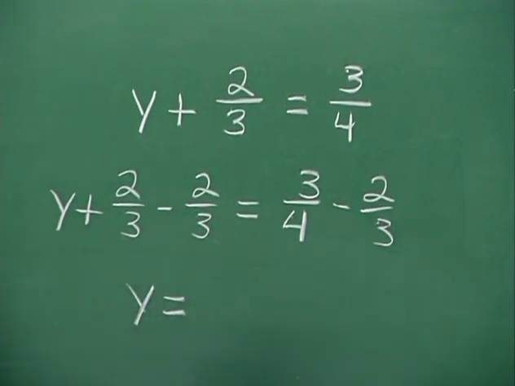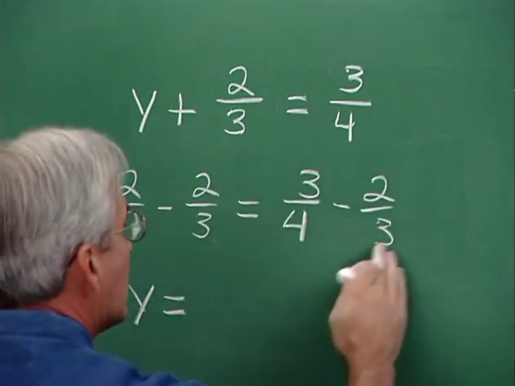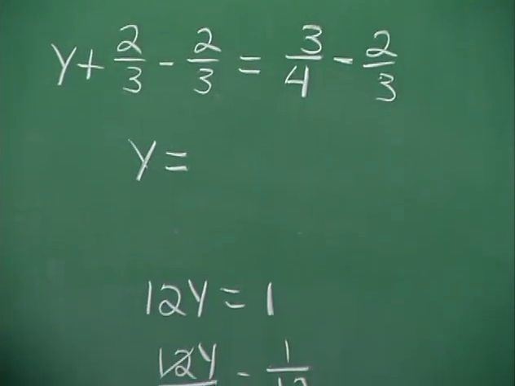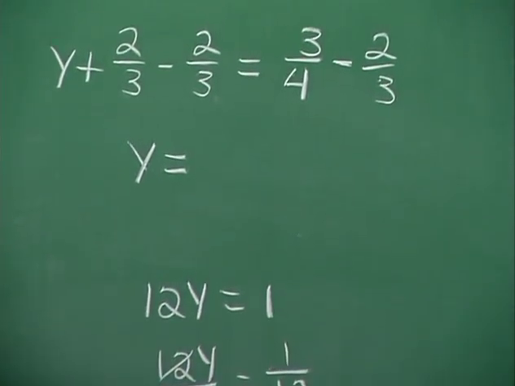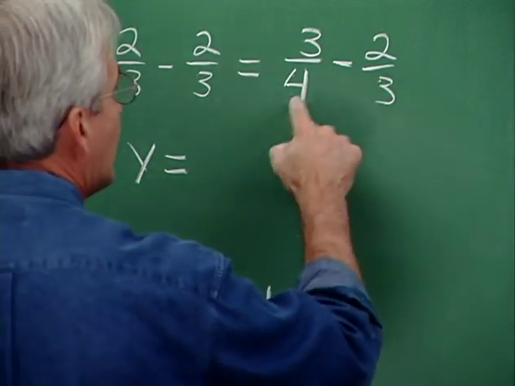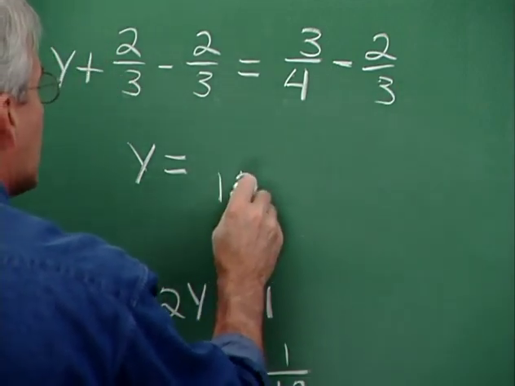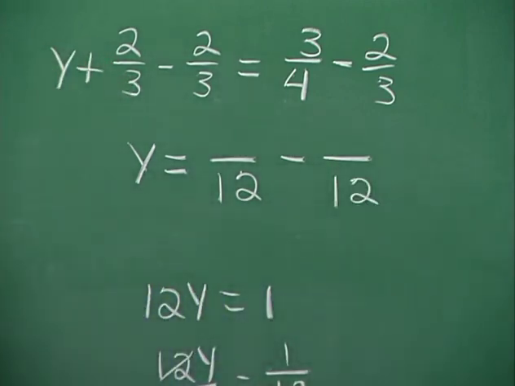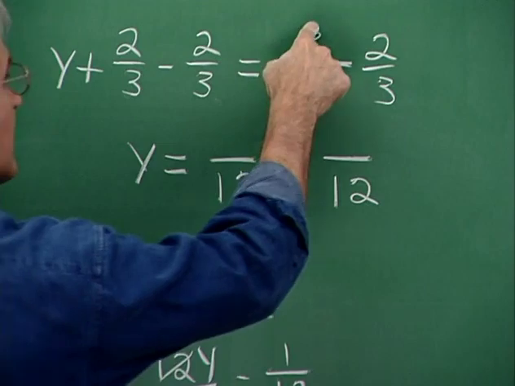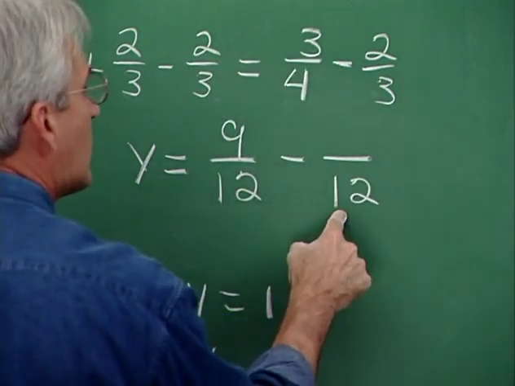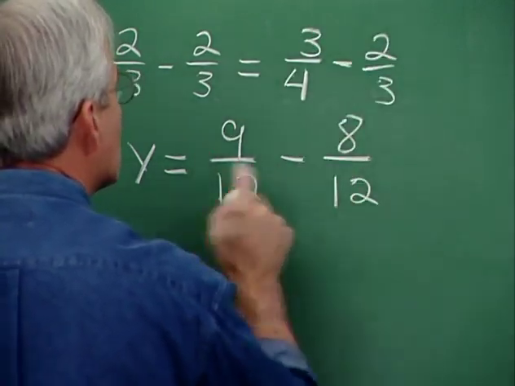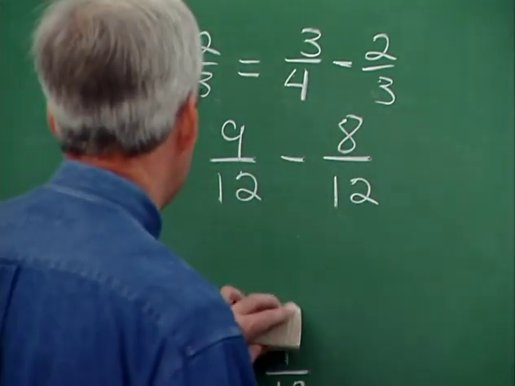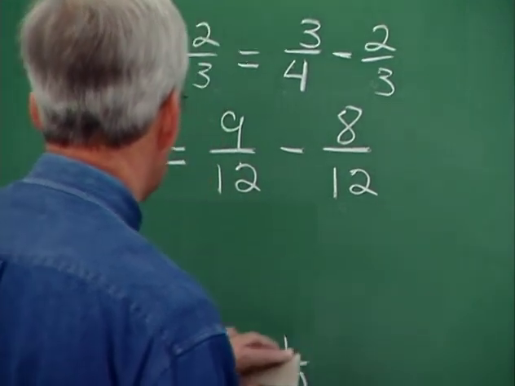And now all we have to do to find the value for y is to simplify over here. Now, the simplification process, though, involves finding a common denominator. It's pretty easy in this problem, though, because between 4 and 3, 12 would be the common denominator. So we change the fractions into so many twelfths. 4 into 12 goes 3. 3 times 3, 9. And here, 3 into 12, 4. 4 times 2, 8. So 9/12 minus 8/12 leaves 1/12. So y then is equal to 1/12